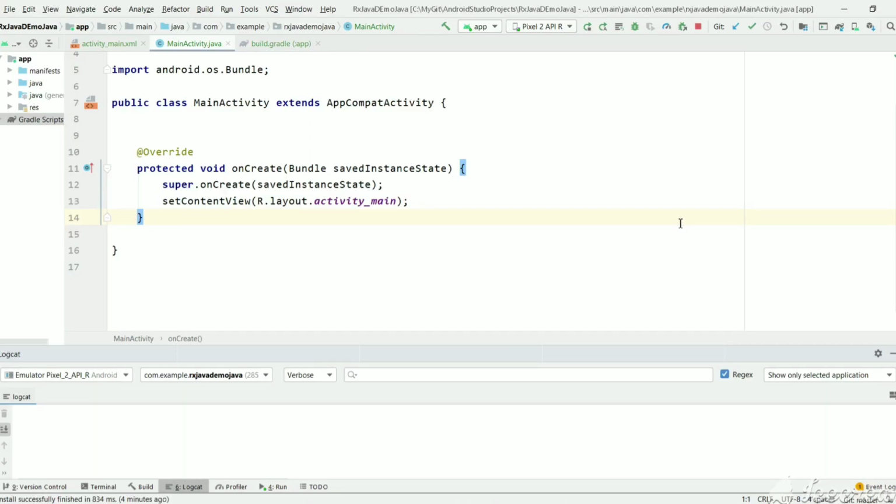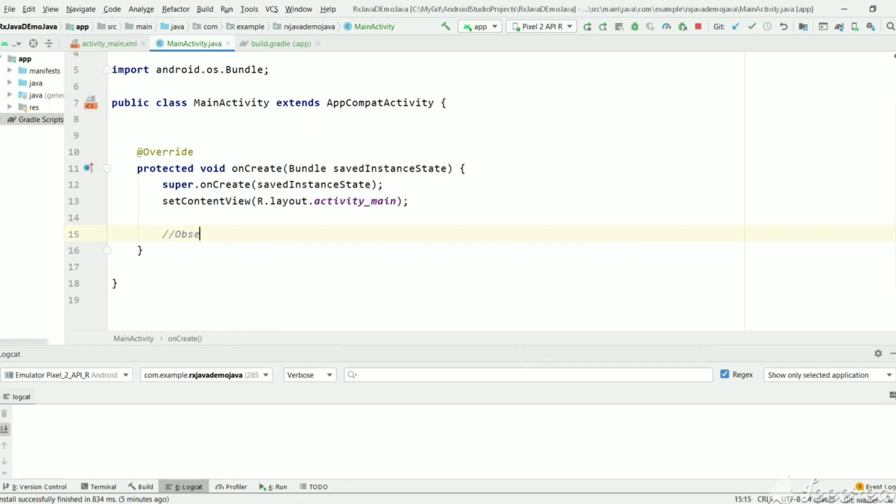In this video, we will learn about RxJava and an introduction of RxJava with a basic example. So what is RxJava? RxJava is a reactive extension for Java. So it is reactive programming. For every action, there will be a reaction. So the main components in RxJava are observable and observer. RxJava is basically an observer pattern. So the main components are observable, observer, and the connection between observable and observer is a subscription.